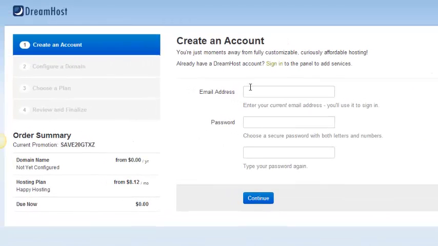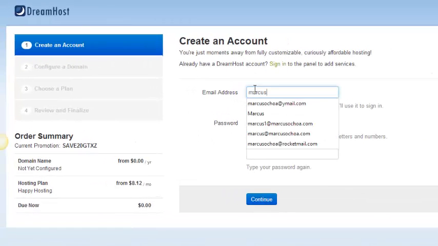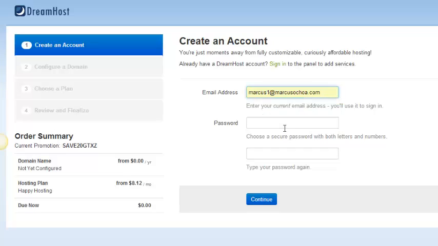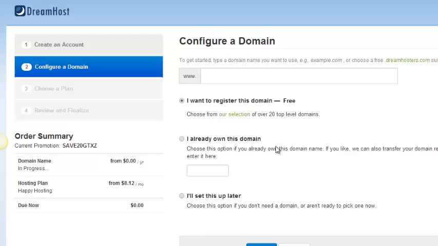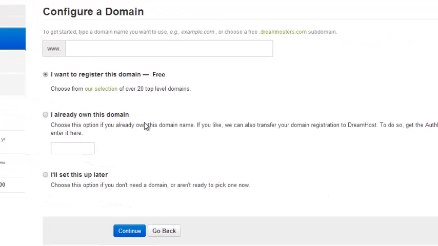and it's going to take me to create an account where I'm going to enter in an email address and a password. And once you've entered in your email address and a password, it's going to ask you to configure a domain name. Now, for the purpose of this tutorial, I'm assuming that you do not have a domain name,